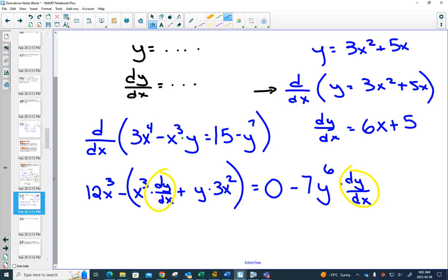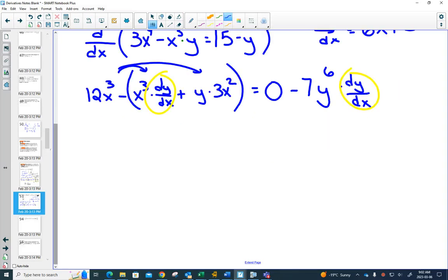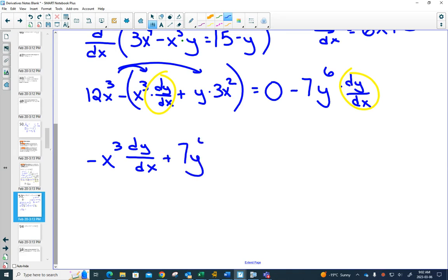I know that you're smart, so I'm going to do the following. I'm going to distribute this negative all the way through, and I would have on this side a negative x cubed dy dx, and if I move this one over, I'd have a plus 7y to the 6 dy dx